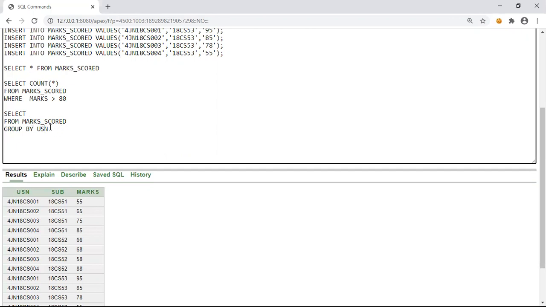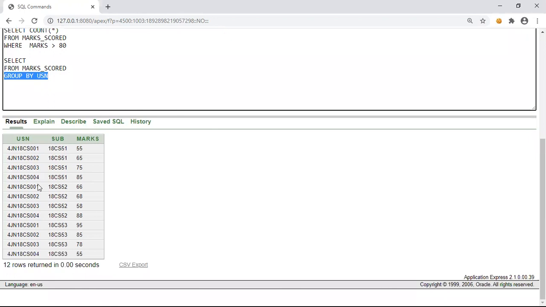So, group by USN. Now when we write this particular clause, our entire data in this table is divided based on the USN value, which means for each USN value a separate group is created. So in our table, 4 groups will be created for USN 1, 2, 3 and 4. Whatever conditions we write will be applied separately on these groups.